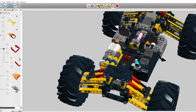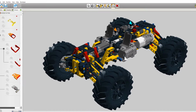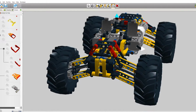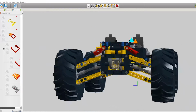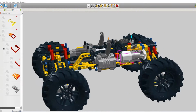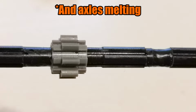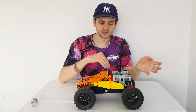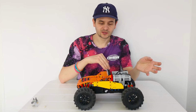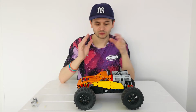And I tried to put the normal differentials for the B version, and that still wasn't good enough to reach any high speed in the high gear. The motors were overheating and it was too much weight and not enough power. So there's always a balance, because if you make a light model, you still have a lower power to weight ratio than a big model, no matter what you do,